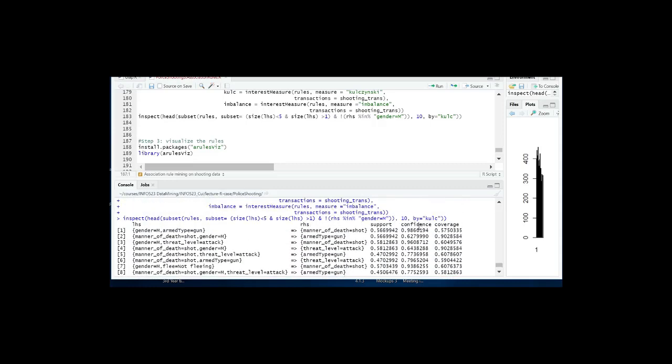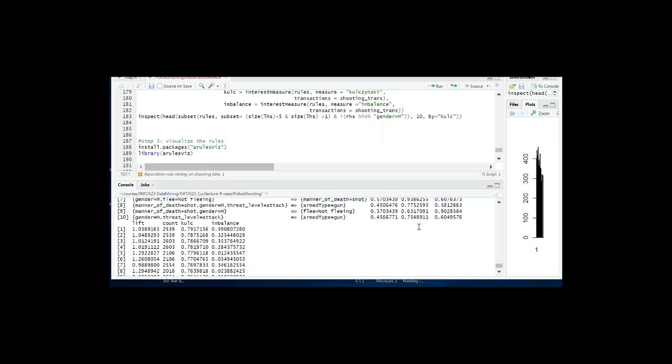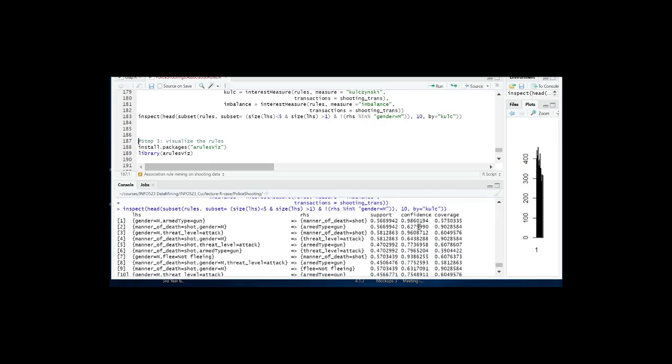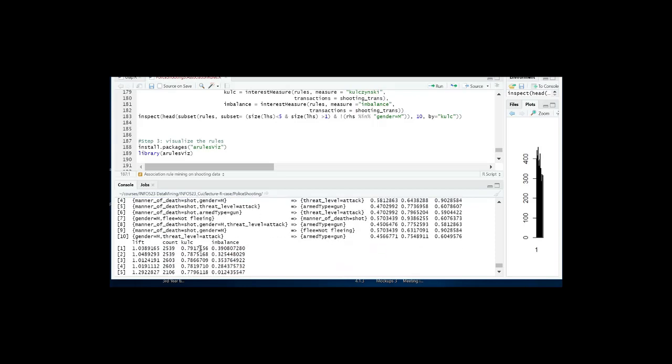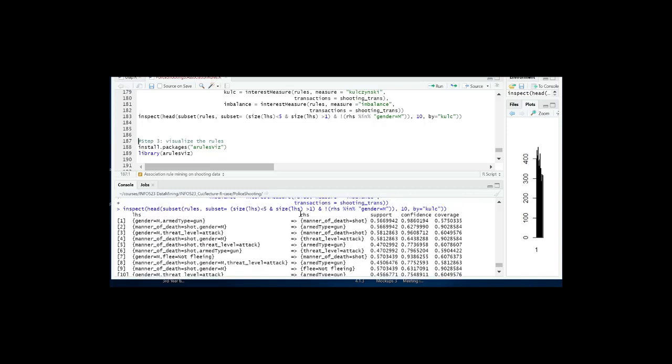So here we can see the strongest Koh value is 0.79, which is fairly strong, indicating positive association. So what we see here is this rule says if gender is male and armed type is gun, then the manner of death is shot. And we can see the support is fairly strong and confidence extremely strong.